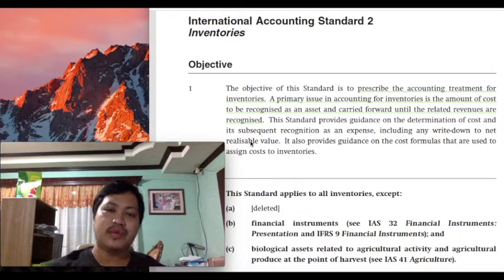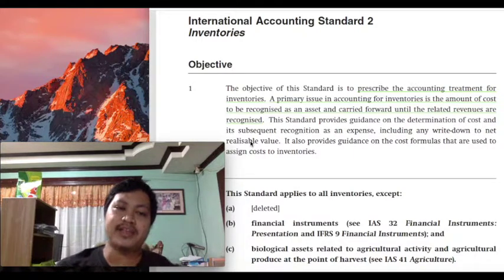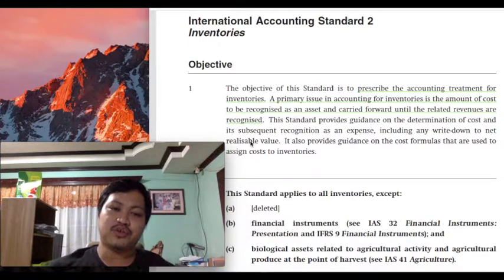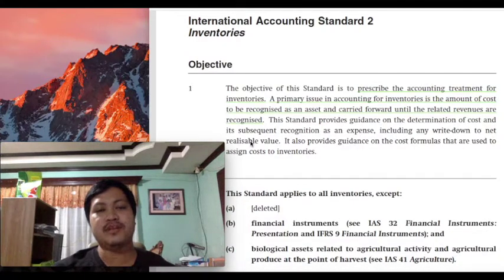Because all you have to do really is just to count how much cash you have at the date of the financial statement. And as you should have already learned, your statement of financial position is dated as of the last day of the reporting period. So if our reporting date is December 31 of the current year, then the amount of cash that you should report in your statement of financial position should represent the amount of cash that you have on such date. So if your cash is composed only of cash on hand, then all that is left for us to do is to count how much cash we have.